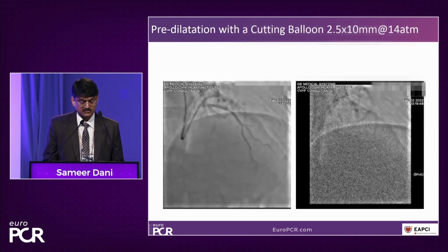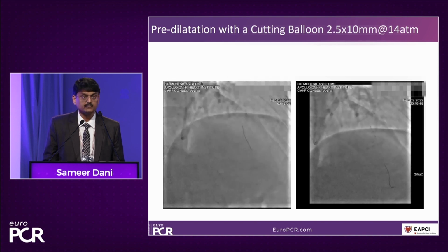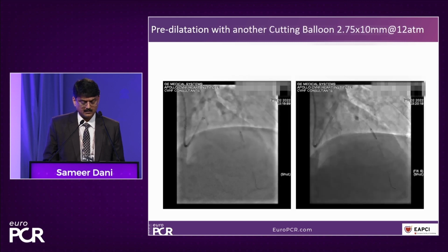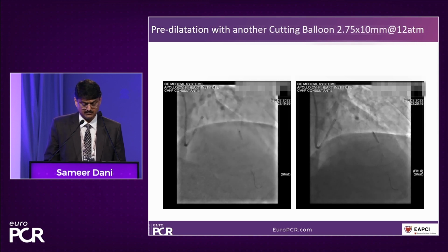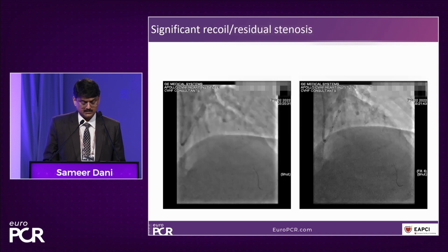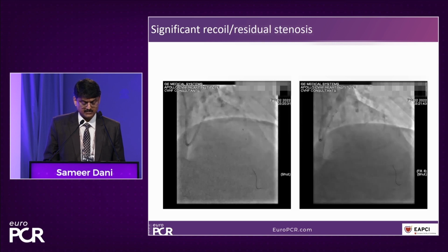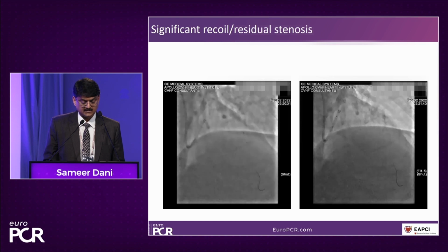I'll just show you all this. This is the first 2.5 by 10 cutting balloon. And then the 2.75 cutting balloon when the lesion preparation did not look adequate. The distal vessel did not appear larger than 2.75, but after repeated dilatations, it seemed that it was slightly bigger. So we went ahead, and after seeing this significant recoil,